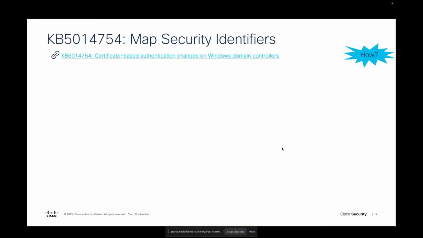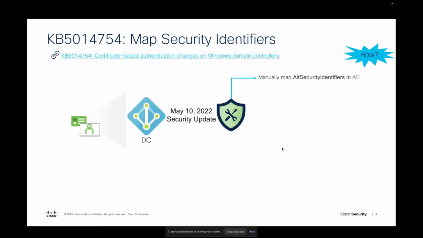So what exactly is it? We know that whenever certificate-based authentication is happening against the domain controller, privilege escalation is possible by manipulating the certificate attributes like the subject alternative name, etc. Microsoft was asking you to map the security identifiers. Every device, every user being managed in the Active Directory has a security identifier associated with it. Those security identifiers can be manually mapped against your Active Directory straight away,